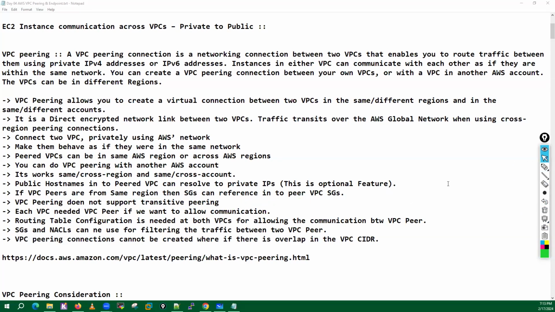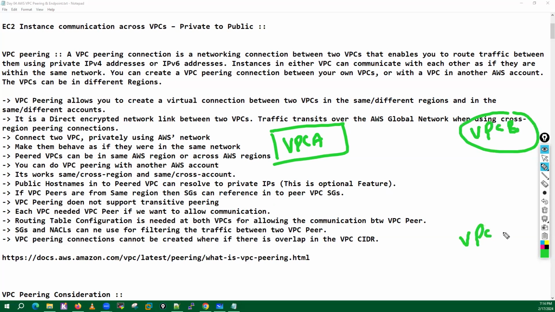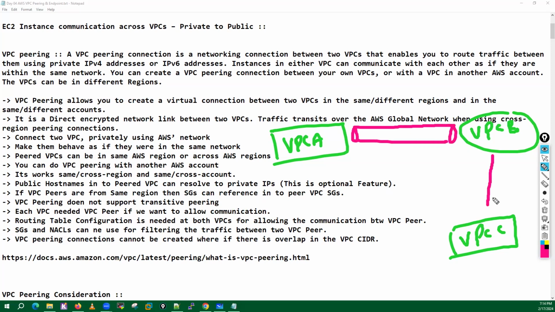Let me give you the basic overview of transitive. Let's suppose we have a VPC A here, a VPC B here, and a VPC C here. Let's say we have created the peering between VPC A and B, and we have also created the peering between VPC B and C. Now, if any resource from VPC A wants to communicate with a resource in VPC C, this is not going to happen.